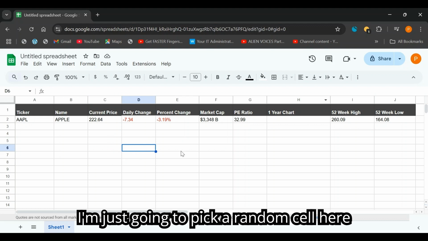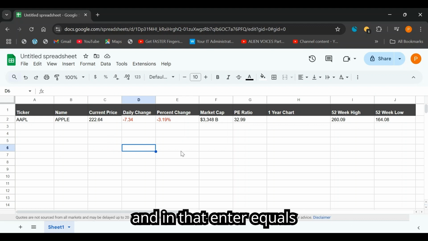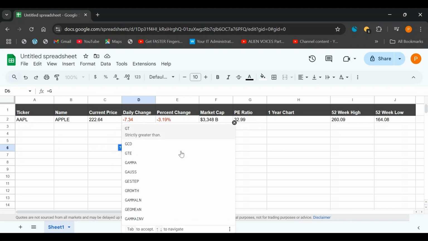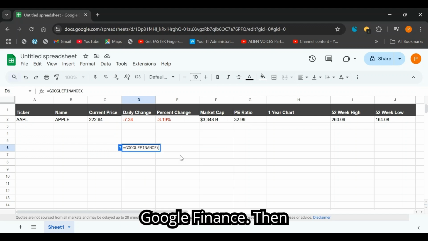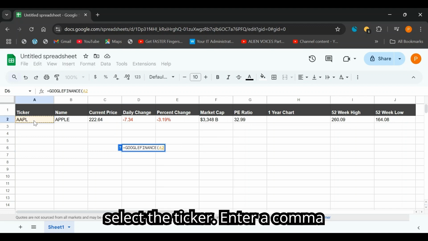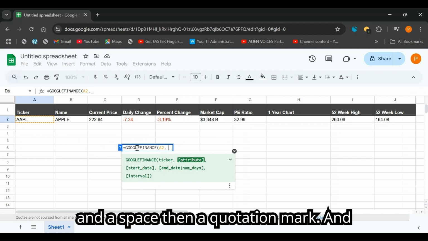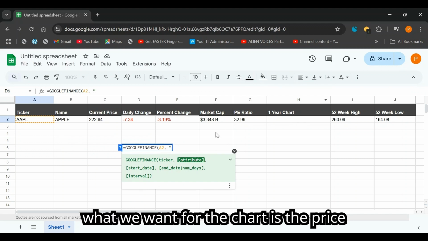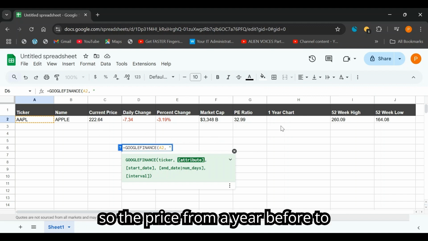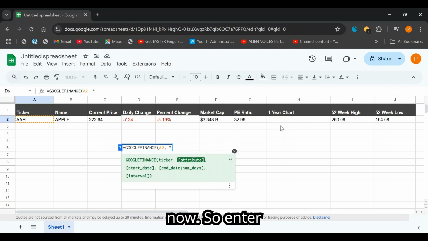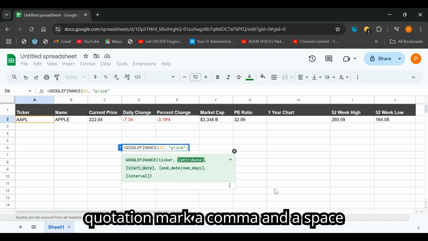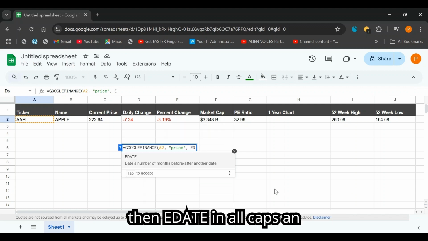I'm just going to pick a random cell here, and in that, enter equals Google Finance. Then select the ticker, enter a comma and a space, then quotation mark. And what we want for the chart is the price. So the price from a year before to now. So enter price, then enter a quotation mark, a comma and a space, then e-dates in all caps, and open